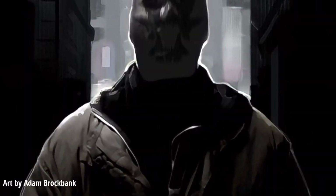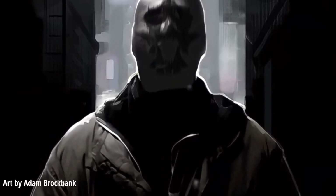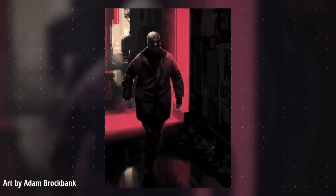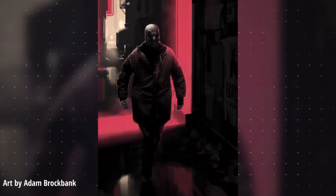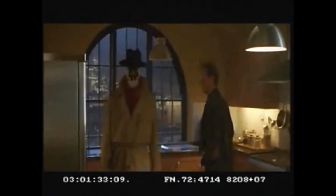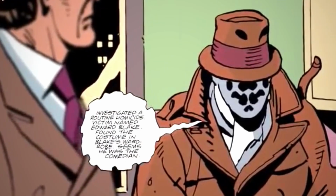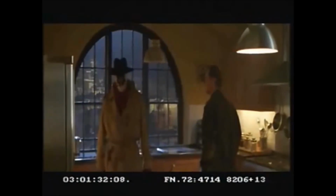He's also devoid of his fedora and his white scarf. If Rorschach is meant to be a subversion of 80s detective characters like The Question, then this version is meant to be a more contemporary street-level detective, an urban rendition of the character. One of the most notable differences with this version of the character and the comic is his voice. While the comic version has a messy and monotone speech pattern, this one sounds...